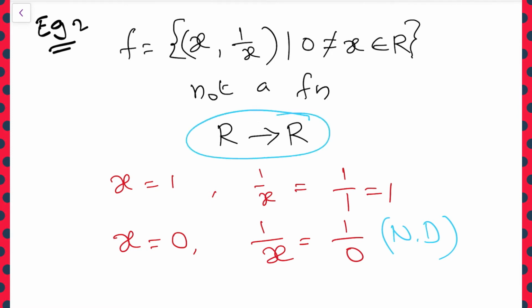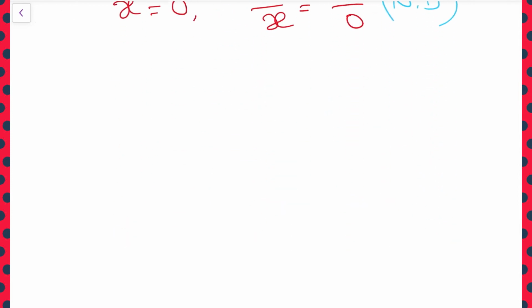Whenever we are mentioning whether something is a function or not a function, compulsorily we need to mention the domain and range. That is must and should. Sorry, not range, it is codomain actually. Domain and codomain. Okay, now, is there any chance that we can make this relation a function? Yes, there is a chance. That is changing this codomain. Let us check once how to change that now.